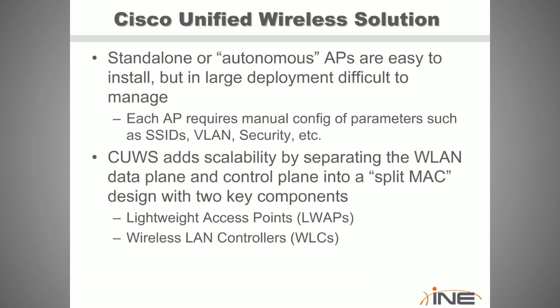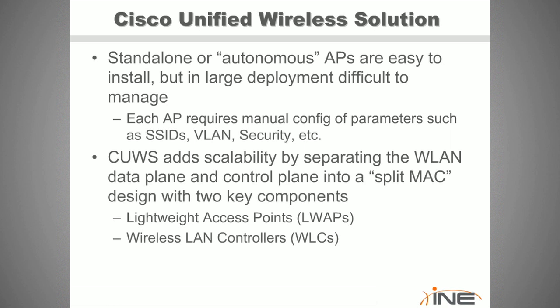Okay, next here we have Cisco's new implementation of this with their product lines. This is known as the Cisco Unified Wireless Solution, or the CUWS. This basically means, long story short, that we are adding more intelligence to the management of the Wi-Fi network. Now, in previous designs, access points that are standalone and take their own configuration are now called autonomous APs. So if you buy a Linksys AP from Best Buy, that's going to be an autonomous AP. It means that if you want to configure an SSID on it, you want to configure parameters, you need to